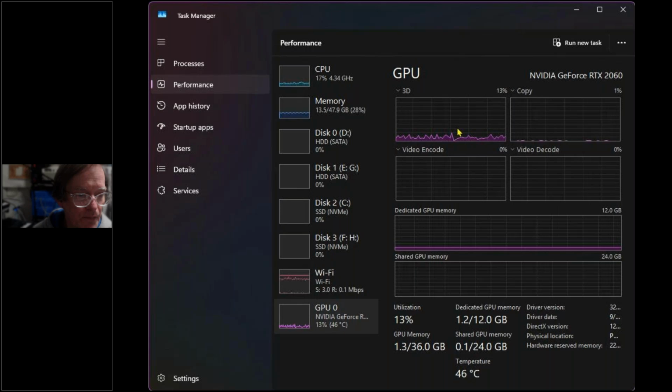Now it's doing some 3D stuff. It's got something to do with the video that's happening right now. It's not running too hot. Not really. 70 or 80 or a little higher. That would be hot. But it's going to warm up in a second because we're going to turn on